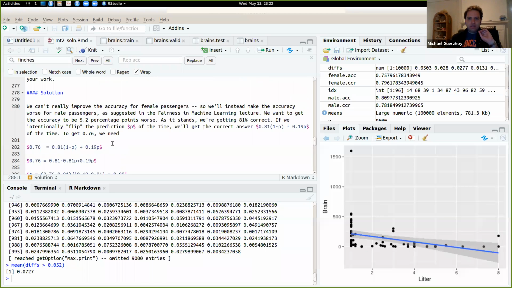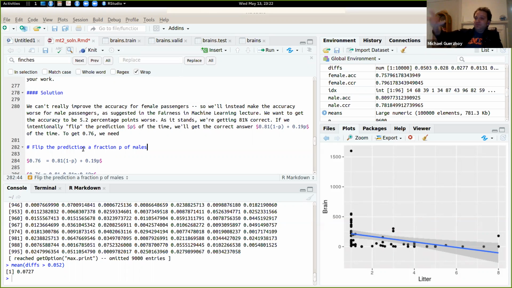Basically I want the correct classification rate for males to be 76%, just like for females. I want to flip the prediction for a fraction p of males. Because I'm getting most males right, 81% correct,